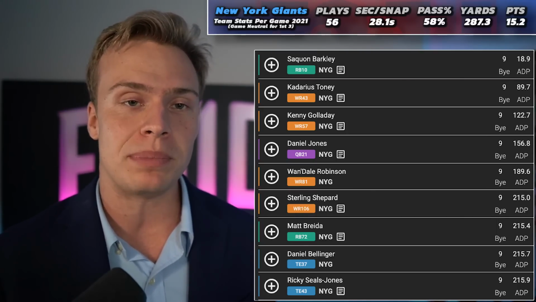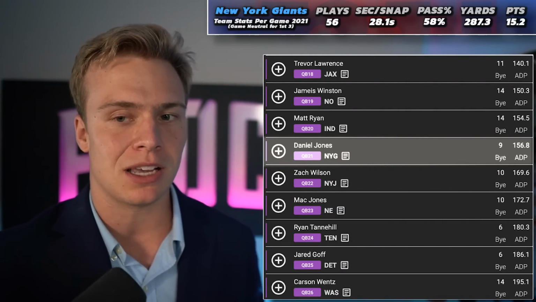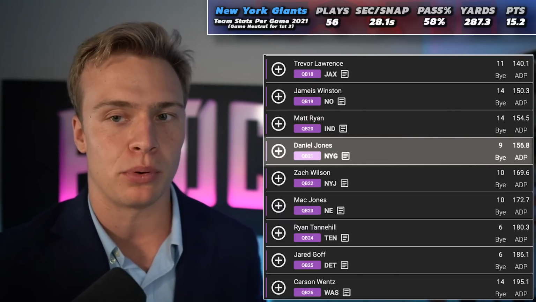And while maybe I'm overweight on some of those players, it's not like I'm necessarily drafting them in every single league, but I would not be surprised, to say the least, if the New York Giants are actually better than people expect this upcoming season with their pace of play and points scored overall.